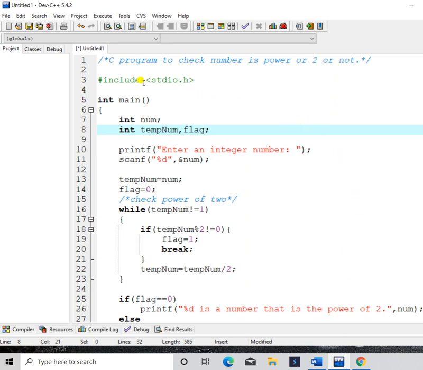See that here I already worked out the program using while loop. Okay, see that program to check a number if it is power of 2 or not. And here you can see there are three different variables. I am using while loop and also the if else statement.